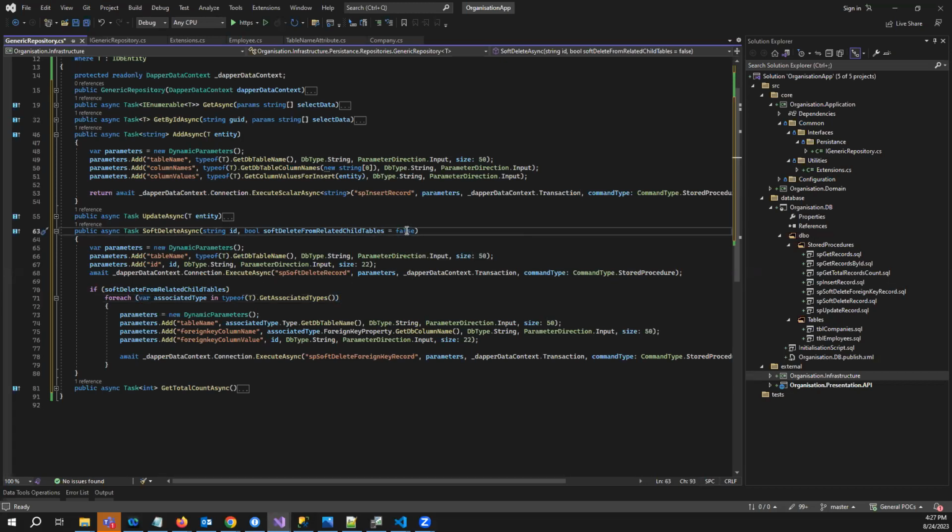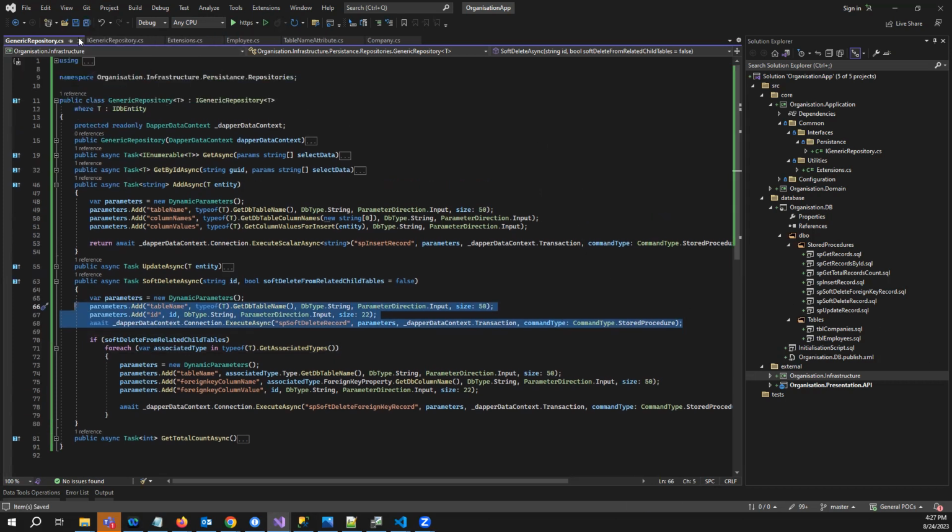And if this is not set, or it is set to false, then it will just soft delete the main entity. Okay, so now since we have set up the repository, the next thing which we need to do is, if